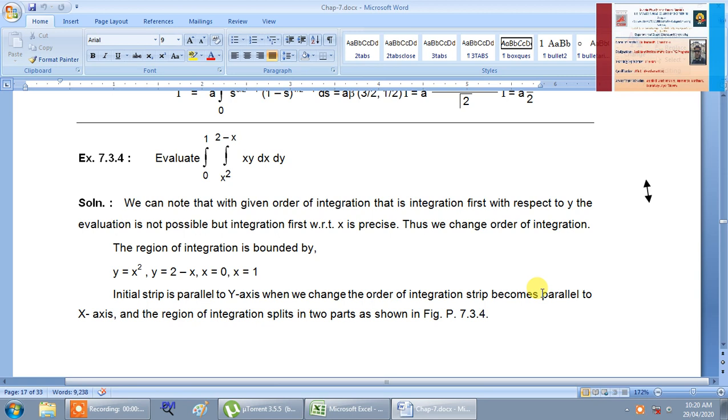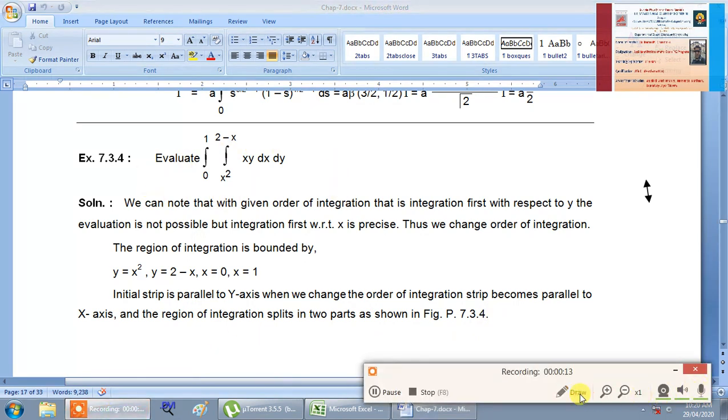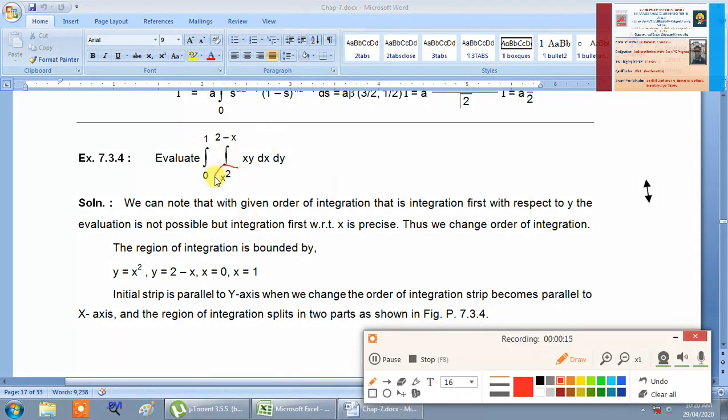In continuation with the evaluation of double integration with the help of the change of order of integration concept, let us have the second problem. In the second problem we can observe that the limit of the inner integration is in terms of x. Therefore it will be the limit of which variable? Its opposite variable, that is y. And as the inner integration limit depends on y, the outer integration limit will be the limit for which